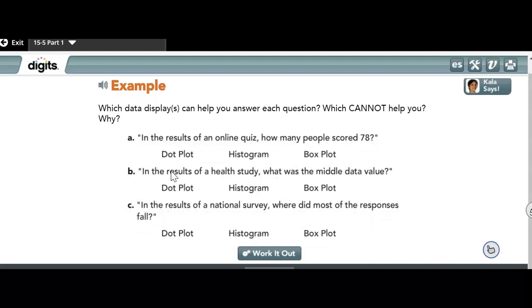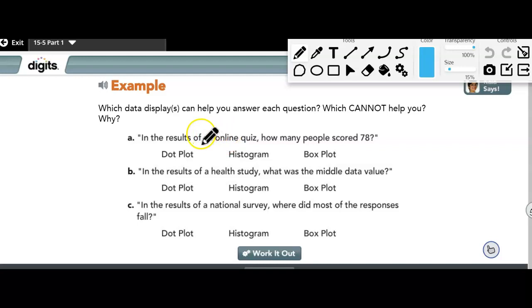In part 1, I want you to choose. It says each data display can help you answer each question, which cannot help you and why. So for A, B, and C, I want you to work with your neighbor and identify which graphs will work and which graphs will not. If the graph will work, just circle it. If the graph will not work, just don't do anything to it. Here we should have